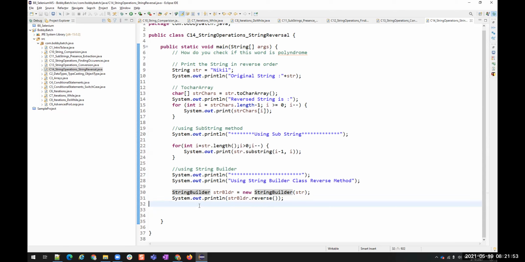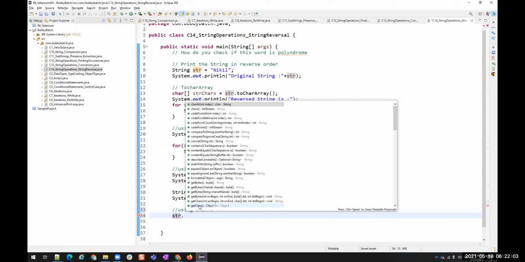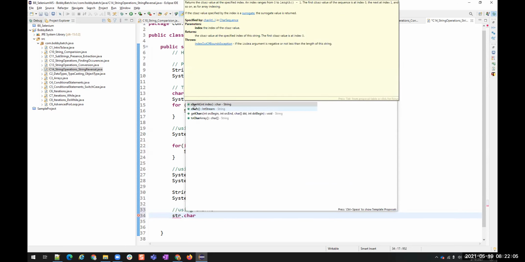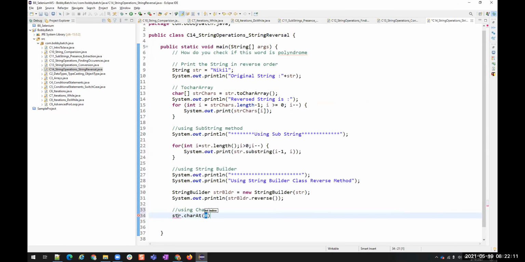We also have another method called charAt. With charAt, from a string str dot charAt, you see, this charAt is going to give us a particular character at that particular position. To get this position, we have the length of it, right?